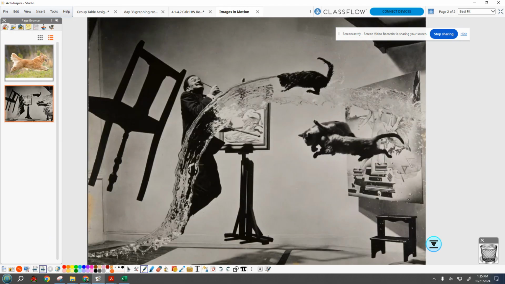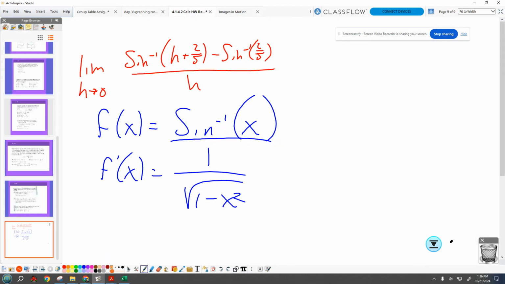Or the coolest Salvador Dali picture. The water is clearly not still just hanging in the air. But this was taken at a snapshot. Everything was in motion. You need to do the derivative first. How is it moving? And then take the picture. So how is it moving? Right here, a lot of you plugged in the 2 over 5 here and then did the right math afterwards. And the beginning was offensive and really, really wrong. I just ignored that and went la la la la la.